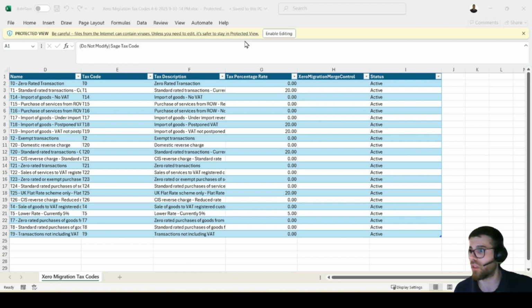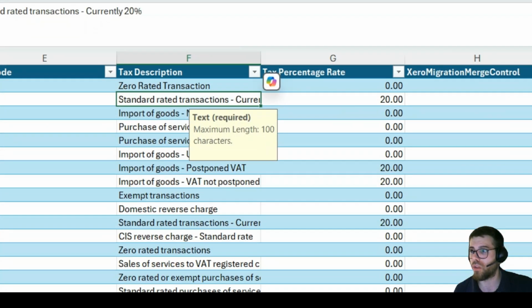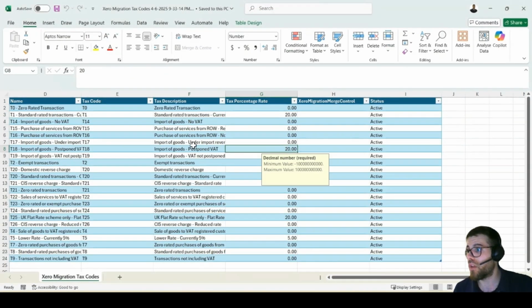So what do we have in this Excel? Let's enable editing. If you take notice here, it comes with lots of hidden information behind the scenes, making some text on length and on the type of column, if it's text, number, date, whatever it is. And what we have here is that we